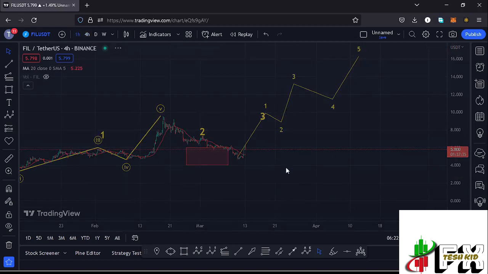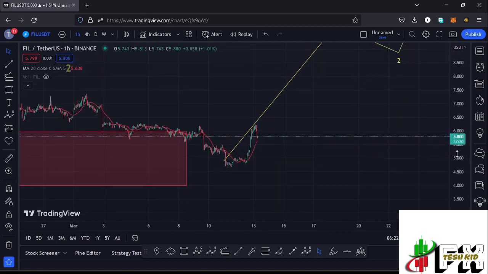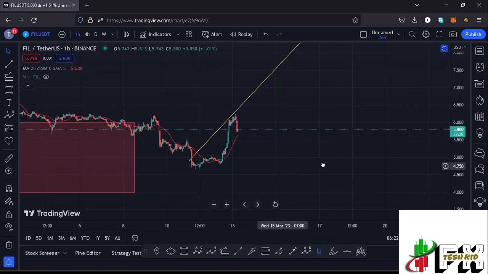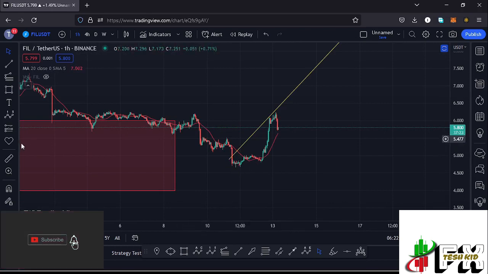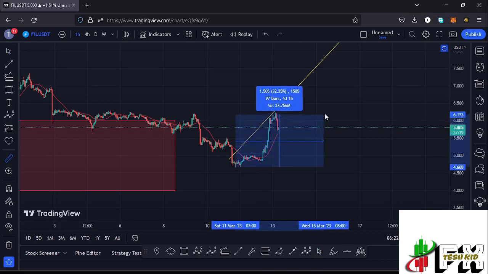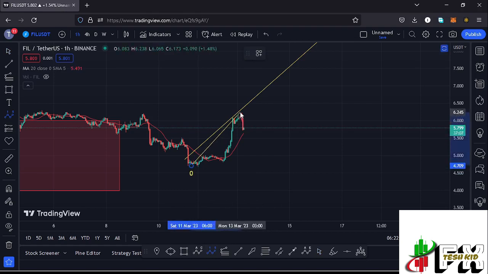So jump into the 1-hour chart for further analysis and also give you the short-term scenarios that I'm expecting to play out. You can see that after making our low at around the $4.6 mark, we have been seeing a bit of a bounce to the upper side, and by first giving you a measure from that low, you can see that the market is up by more than 33.78%, which is a very nice bounce to the upper side. And getting to the Elliott wave structures, we can term this whole structure over here as the first wave to the upper side, giving us a peak at around the